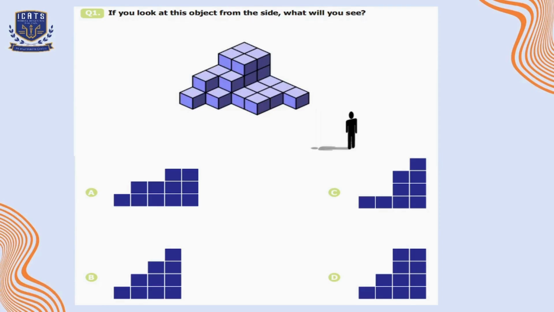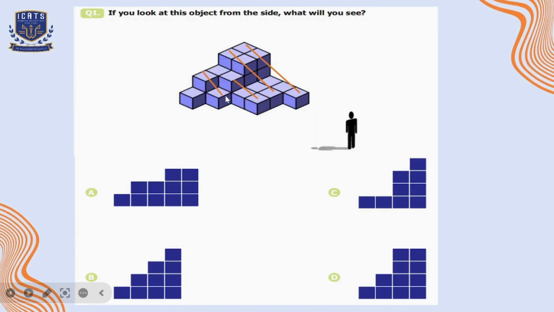So if the man is standing in front of the object, and let's suppose this is our first row, we will simply count the number of the blocks which are in dark purple color. So in the first row, he can see 1, 2, and 3 blocks because three blocks are highlighted in dark purple color. Then for the next row, again, he can see 3 blocks. For the next row, he will see 1 and 2. So 2 dark purple colored blocks are there. So he will see 2 blocks.